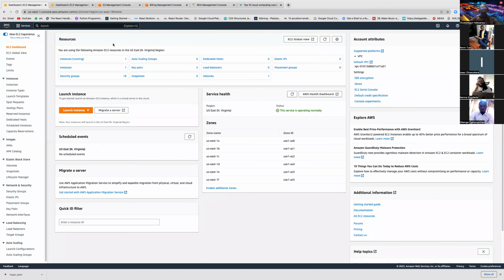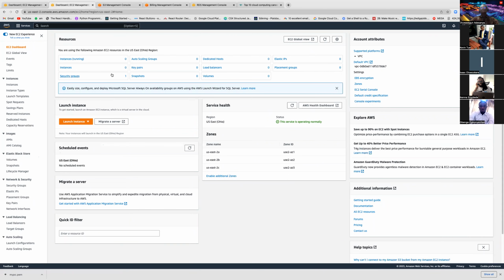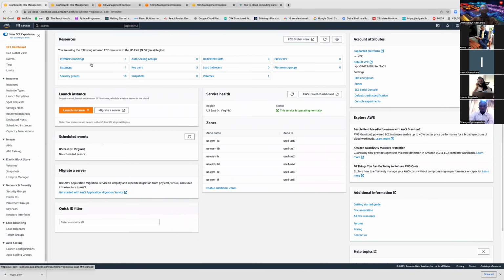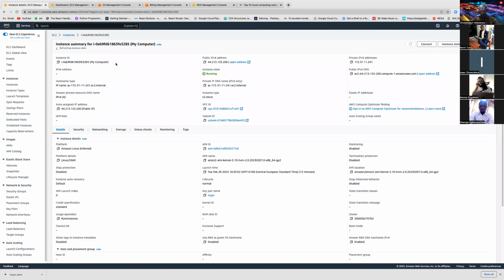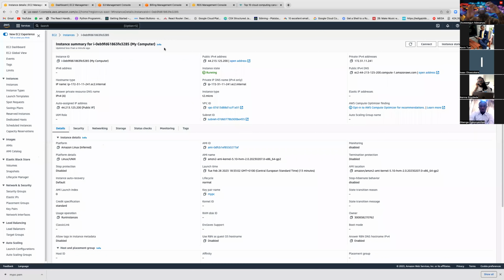Okay, so let's go back to what we were doing. We are in our EC2 instance, and this is the region we are in. Let's go into our running instance. Now, what I want to do is connect to my instance. I just created this one online, but I want to be accessing it from my own personal computer. So if you go to connect here,